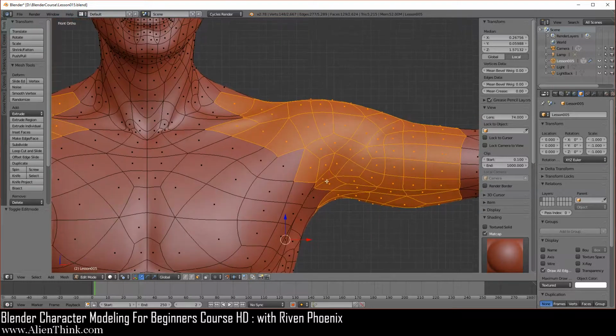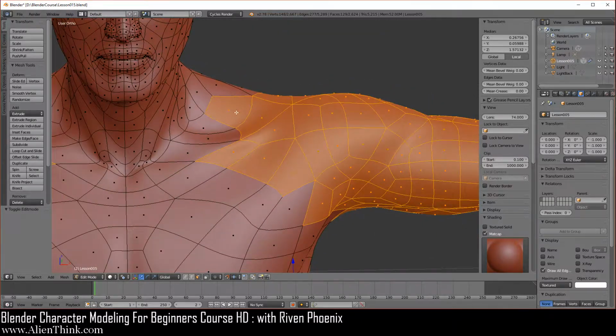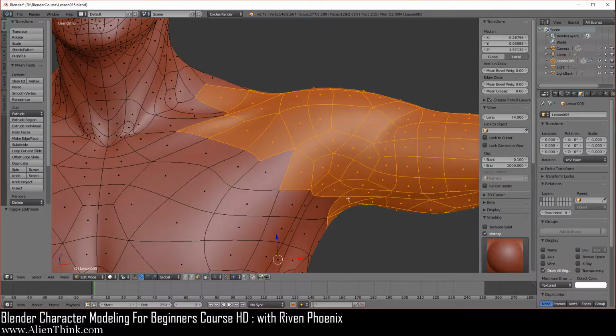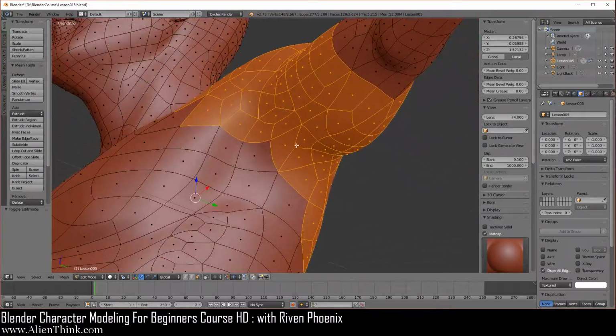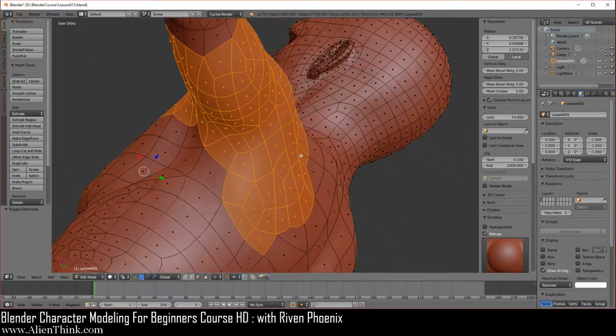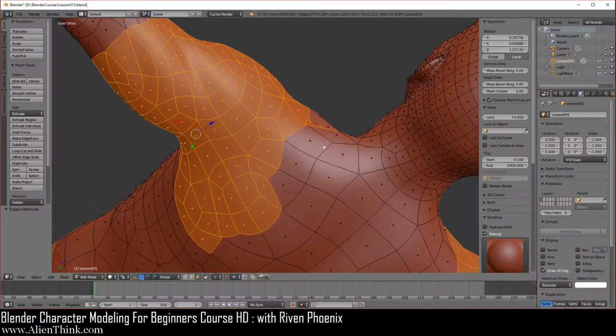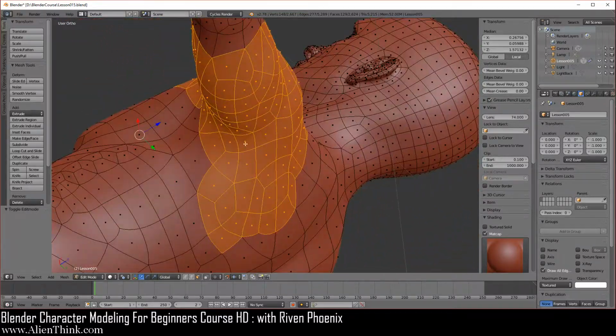Okay, so I'm just going to do one to show you that you want to make sure that you select it just like in this pattern that I have it over here. Okay, I'm just showing you how you need to have this selected.